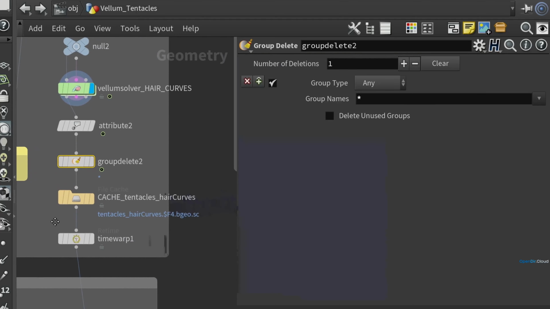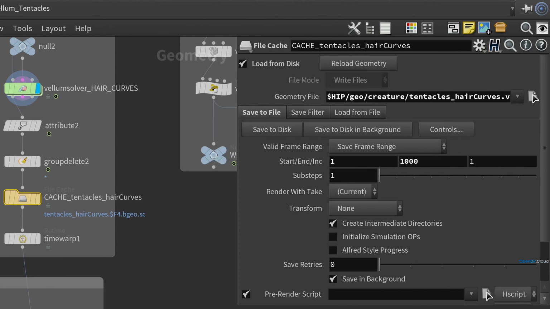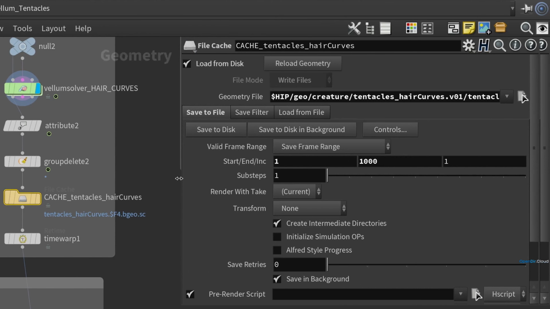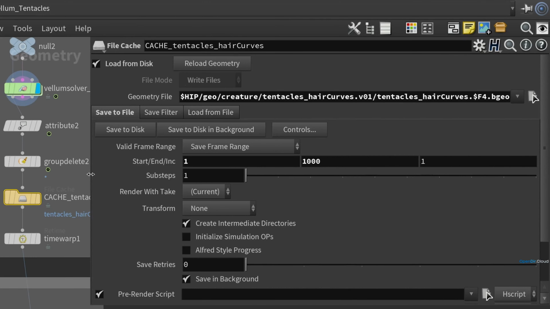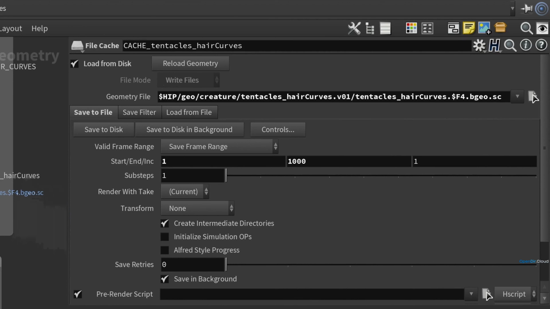And another thing that we could experiment with is caching out BGEOs instead of BGEO.sc. BGEO.sc is a compressed version of BGEO. And my understanding is that in some cases BGEO can be faster, some cases BGEO.sc can be faster. It depends on whether you're more limited by hardware I/O or processing power. In this particular case, I think we might get a speed up by just writing out BGEOs instead of the